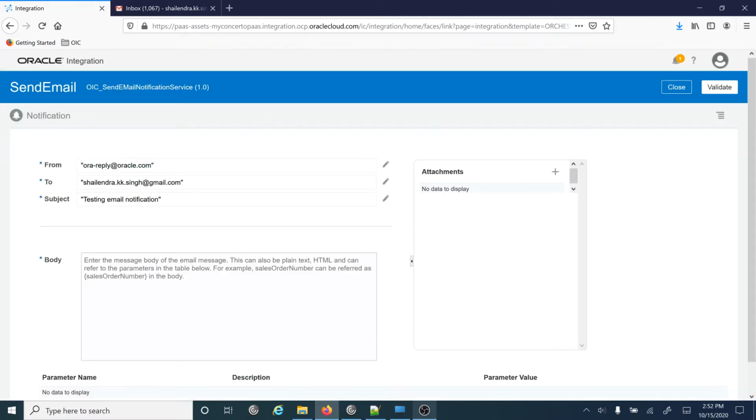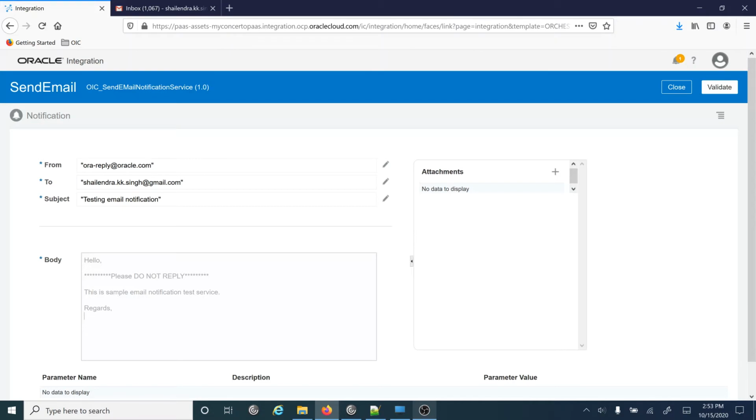Here we can give the email body, anything we can give, like please do not reply, this is a sample email notification test service.